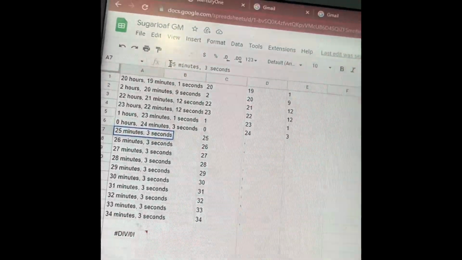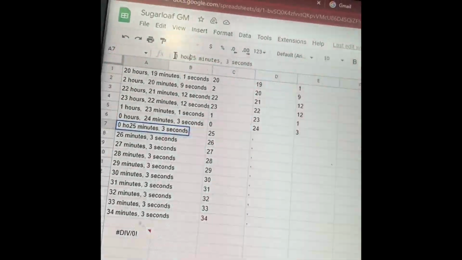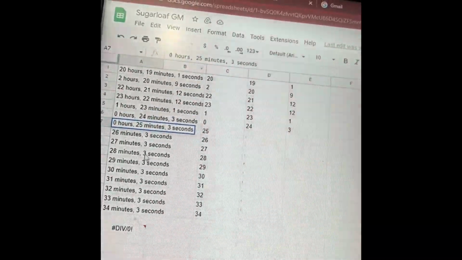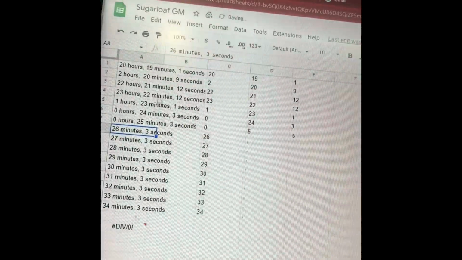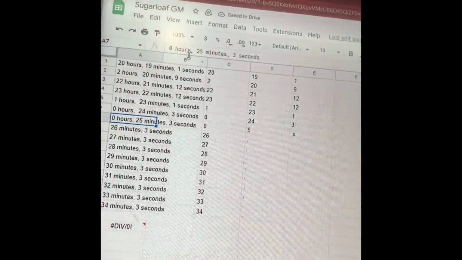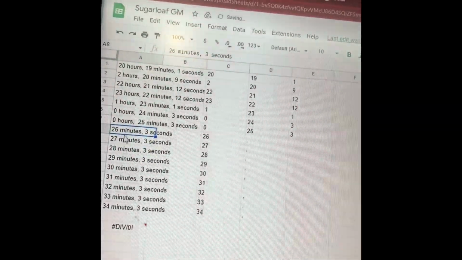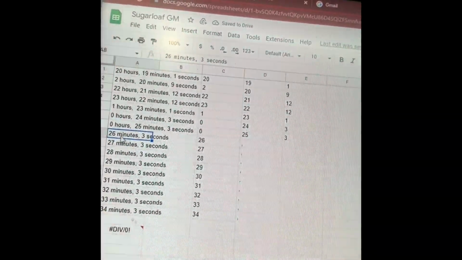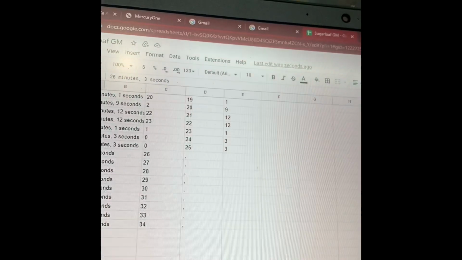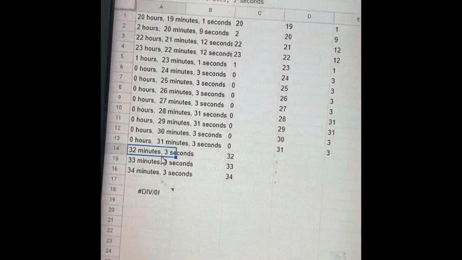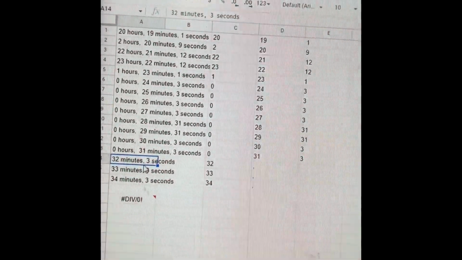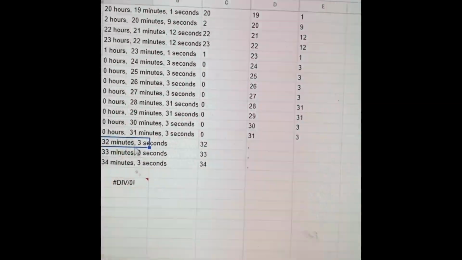I'm gonna put 0 hours. All right, and I forgot to put a double space. So 0 25 and 3. So I'm just gonna do this quickly in this video, and then in the next video I'm gonna show how to do the average. Okay, so in this video we're gonna find the average, and then what I did was